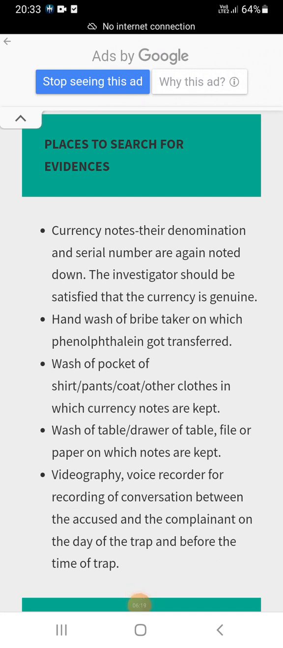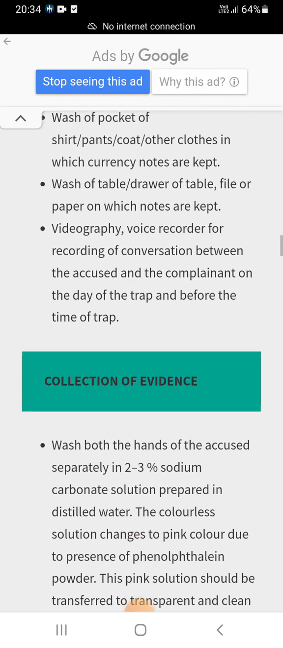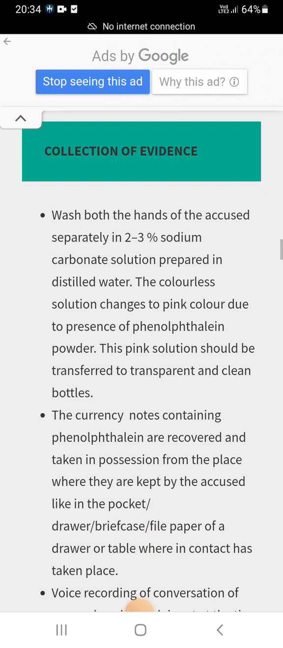Places to search for evidence: check the currency notes found in the government official's locker. Take the hand washings of the suspect. Check his or her pockets, tables, drawers. Collection of evidence: washings of the suspect are taken. Washings from both hands are taken separately